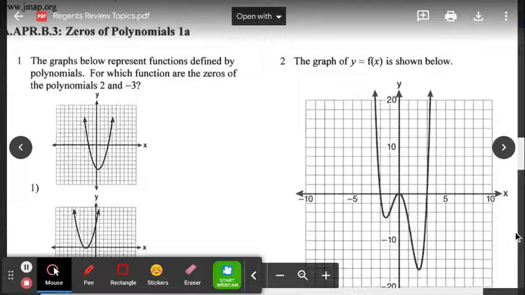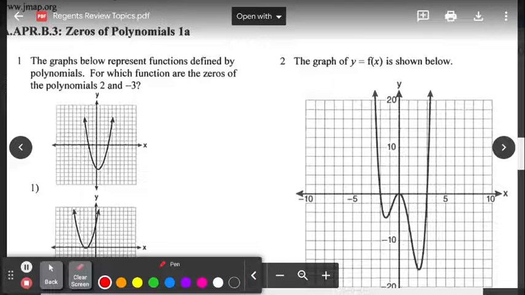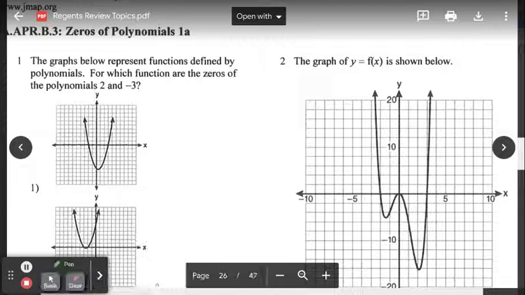Hello. This review pertains to zeros of a polynomial. A lot of words in math mean the same thing. So in this lesson, or this review, you have zeros,